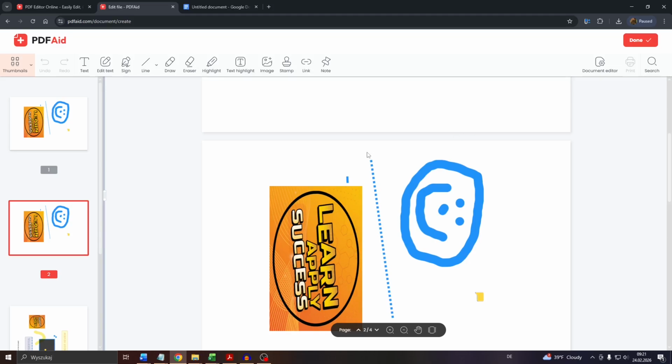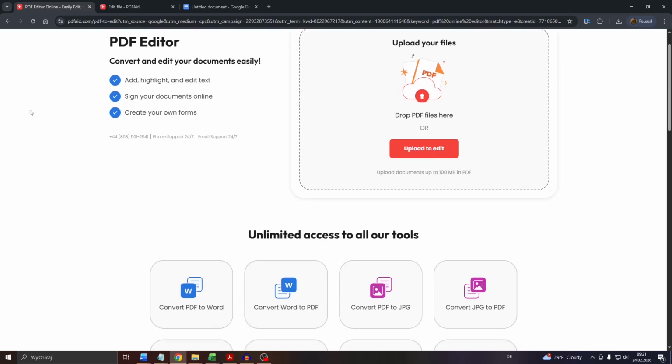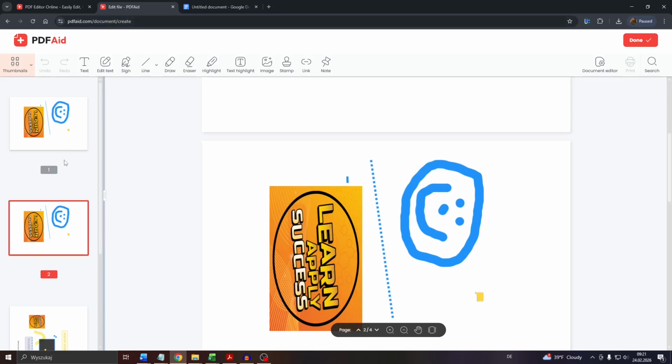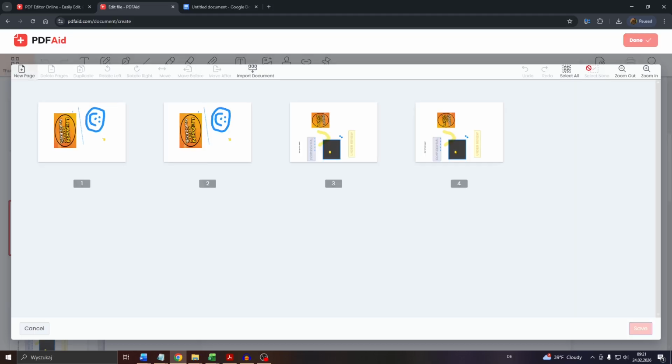So navigate to the PDF editor you're using. I will go with this one here for the sake of this tutorial. And after that, navigate to the given document. And in this case here, you will need to access the document editor in the top right. And from here, click into the new page button in the top left corner to add a completely new page